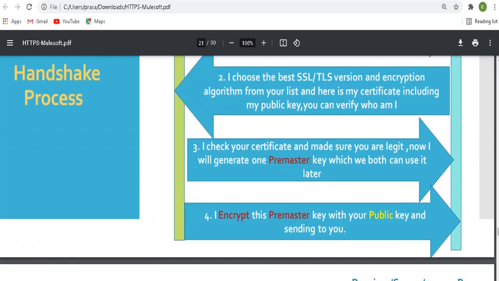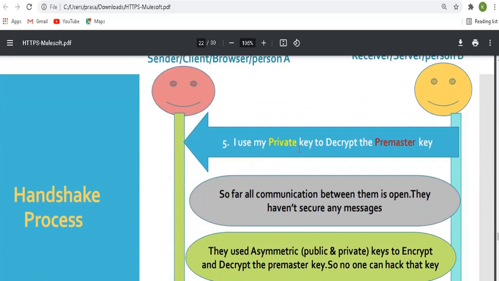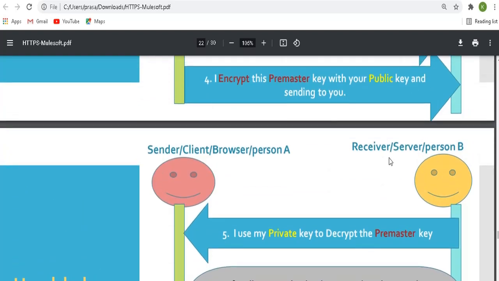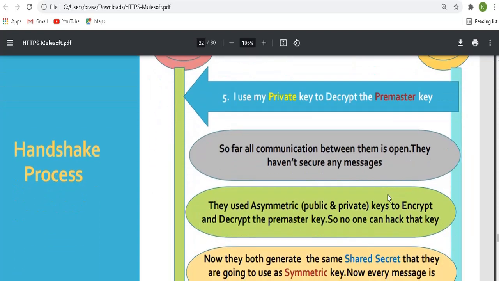The browser generated the pre-master key, so it has one copy, and it was sent to google.com, which decrypted it and received the actual pre-master key. So now both sender and receiver have the same secret key. No other person in the world knows that key. Only this browser and this google.com server have this pre-master key.